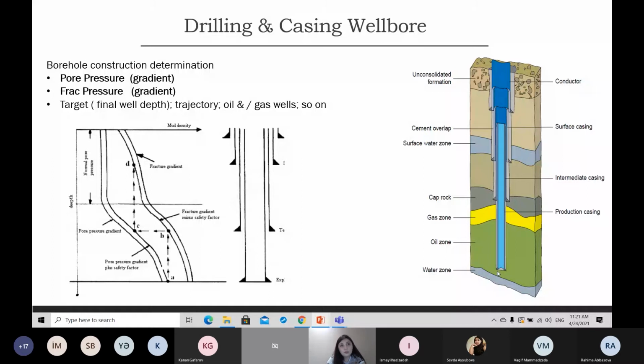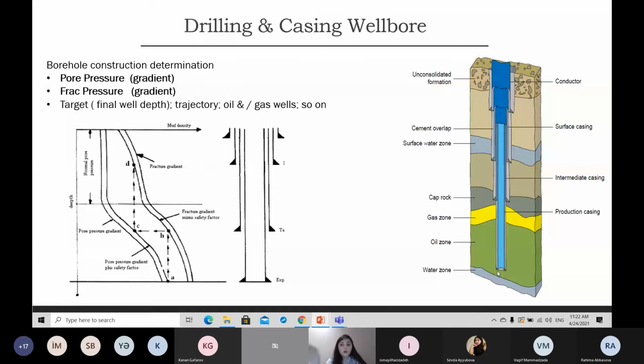So in the ocean, if you have higher water depths, then you get well depths around 3,000, 4,000 meters. But in Azerbaijan, on the current project I am working on, our TD is more than 6,000 meters, more than 6 kilometers. So you cannot go through one wellbore at a time to this target depth, because we have a lot of different formation layers. From geology, you should know that we have sandstone layers, shales, limestones,